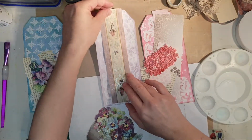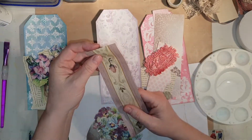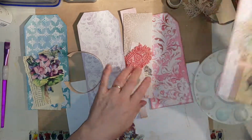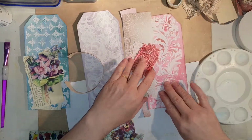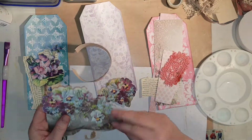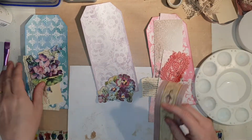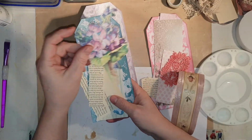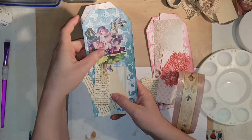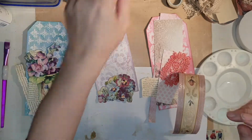So I thought I'd put it on this one, rather than on that. I think it was on this design last time. So I'm making them similar but a little bit different. I put that away, but I thought I'd show you anyway. Now we can start on this one, and this design here is in the journal as well. I thought it's just so pretty. I love that real feminine look. And then this